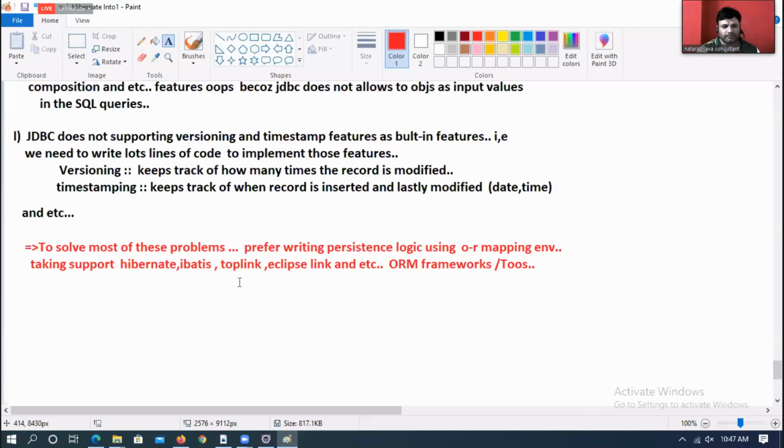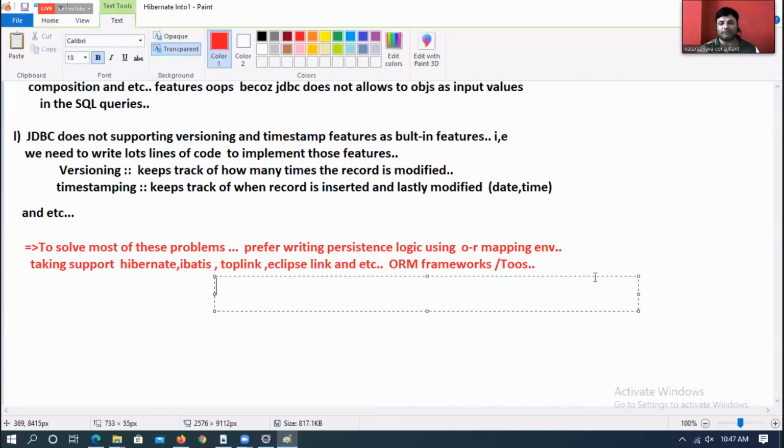Okay, boss. So some people are asking me, Spring ORM is there now? Spring Data is there or not? Spring ORM, Spring Data internally use one or another ORM framework.